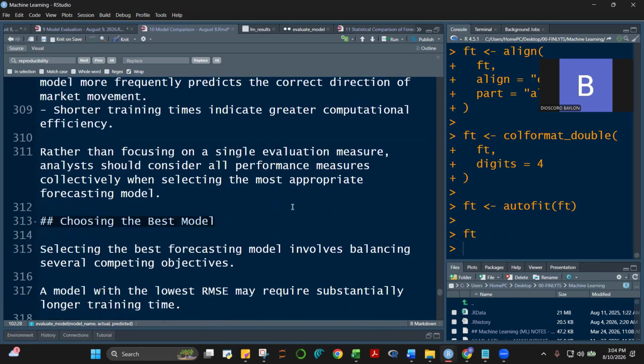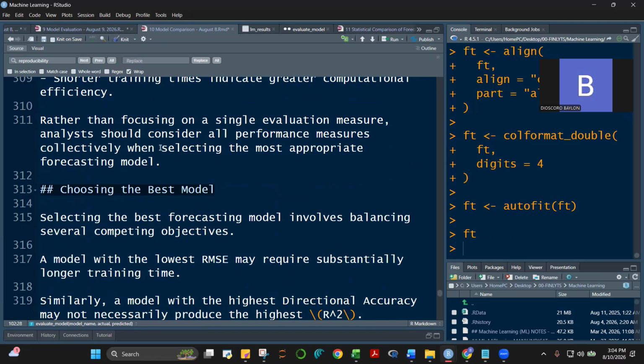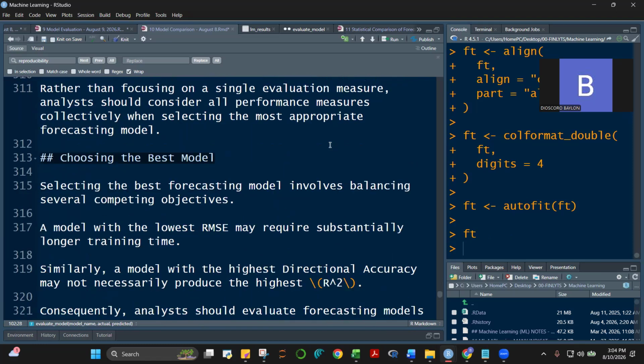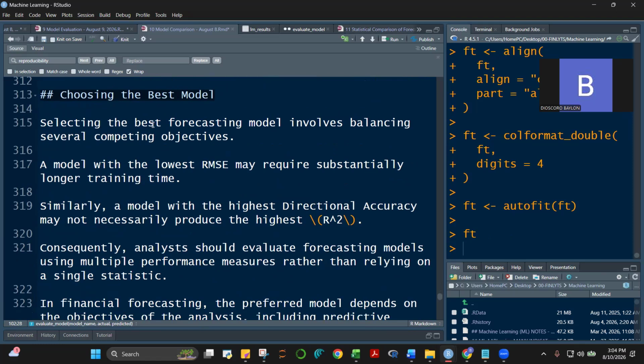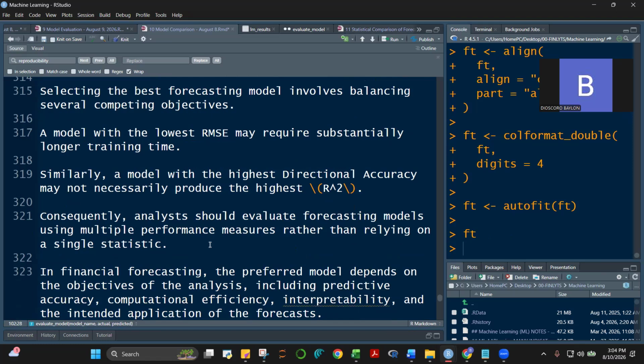Okay? All right. Then, rather than focusing on a single evaluation measure, analysts should consider all performance measures. So, hindi lang dapat yung isa. All right. So, selecting the best forecasting model involves balancing several competing objectives. Nagkataon lang, class, na dito, panay si random forest. But there will be times, and many times, na hindi sila pare-pareho. Okay? So, yun ang kailangan ng judgment na.